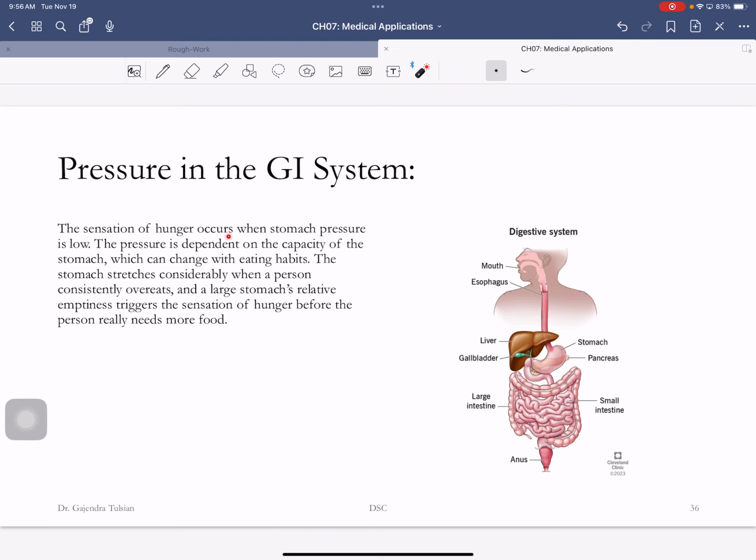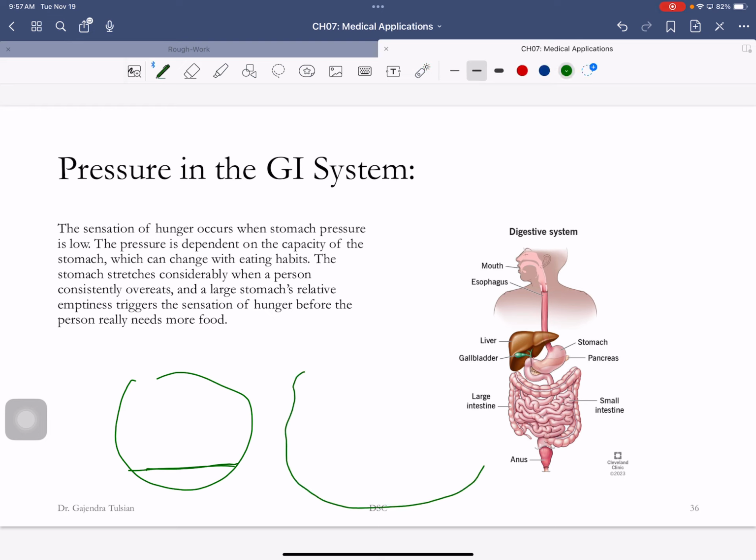So here's an interesting one. The sensation of hunger occurs when stomach pressure is low. So here's the problem. If this is your stomach and it's full that much, when the pressure is low, then you feel hungry, which can change with eating habit. The pressure is dependent on the capacity of the stomach. Now, if you consistently overeat and your stomach gets larger, the pressure is low even when the stomach